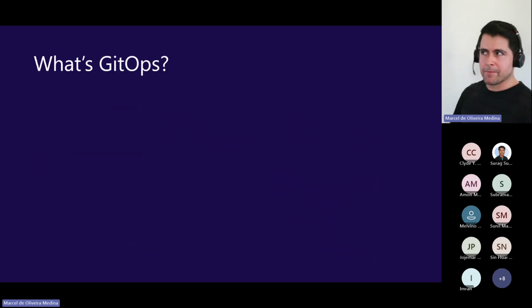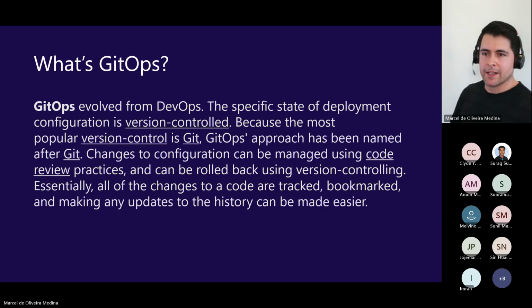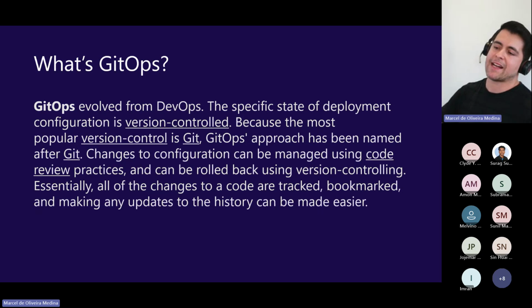But it's not only that, right? DevOps kind of establishes the foundations. For us to get to API ops, we need to understand GitOps as well. Okay, here is a definition of GitOps. It's a sort of evolution from DevOps, but GitOps comes with an extra layer on top of DevOps.